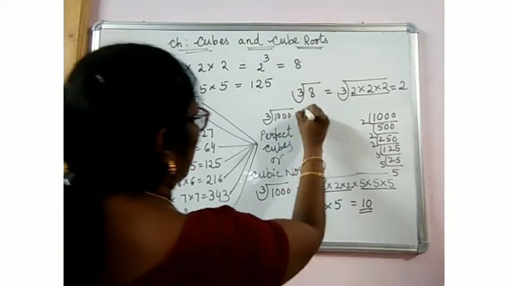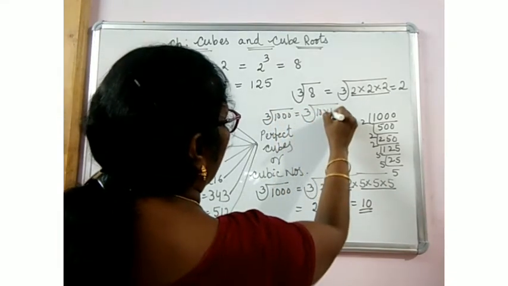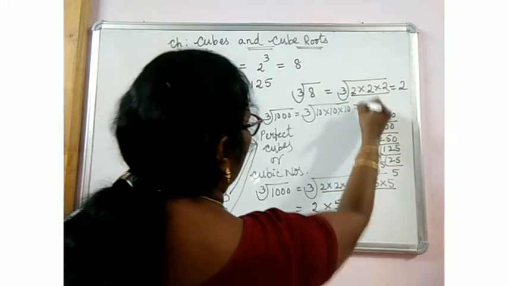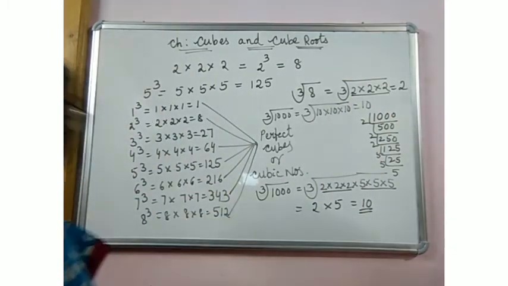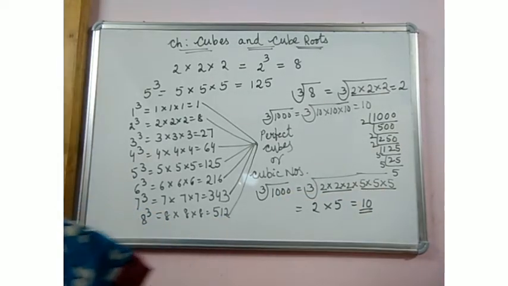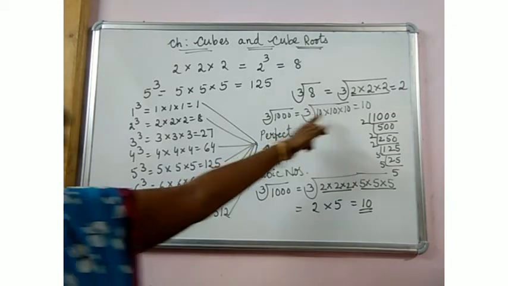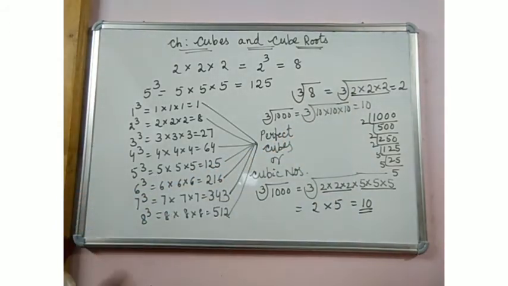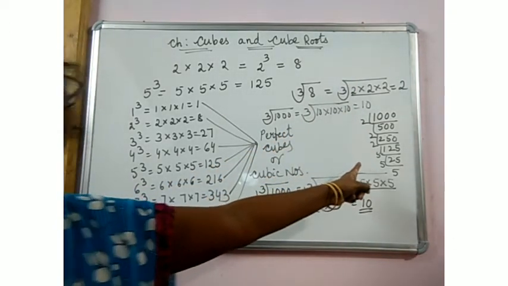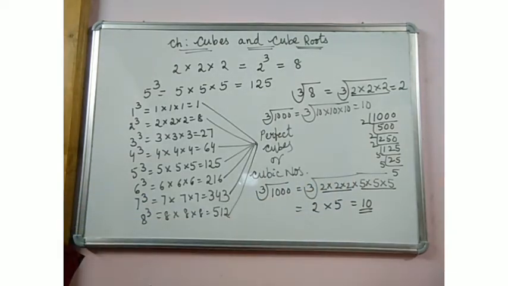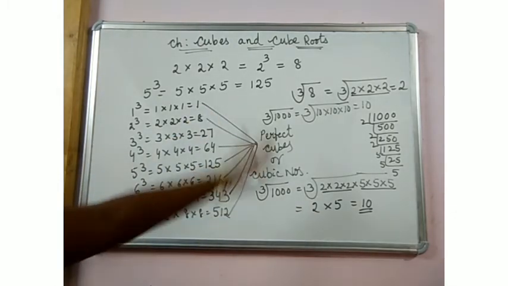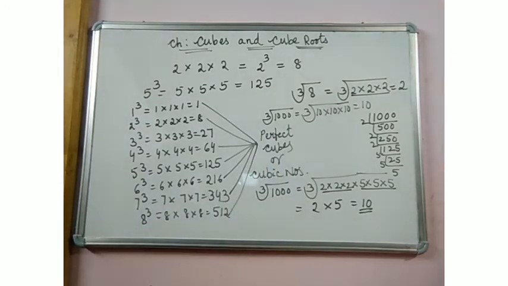Now simply you can do like this. Cube root of 1000 equals cube root of 10 into 10 into 10. That gives you 10. Generally we can do that. If the question is by prime factorization method, you have to do like this. Sometimes we can also show it very easily like this, but if the question is by prime factorization method, you have to do like this and show. And I hope by this it is clear to you what are cube numbers or perfect cubes and how to find the cube root. Again, how to find the cube roots, many more you are going to learn.